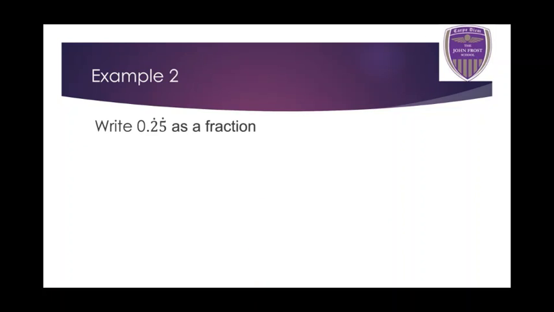So here we've got write 0.25 recurring as a fraction. So once again, I've got x is equal to 0.2525 recurring. So because there's dots over the 2 and the 5, that means the 2 and the 5 repeats. Now, let's write 10x. So what would 10x be equal to? Well, if I multiply this number by 10, I have to move the numbers along one place value. So I get